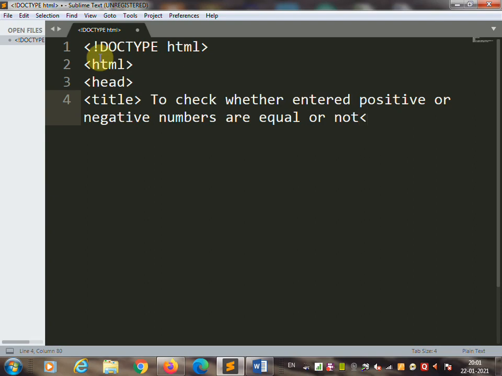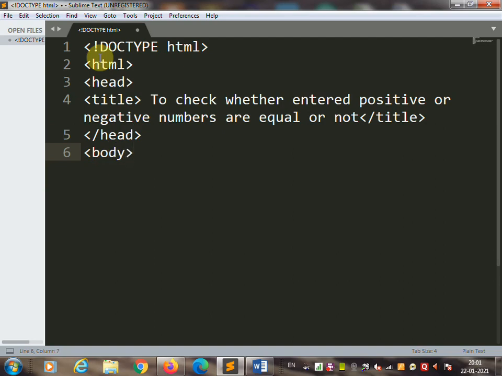Now close the title tag. Once you finish giving the title, then close the head tag and start with the body tag.